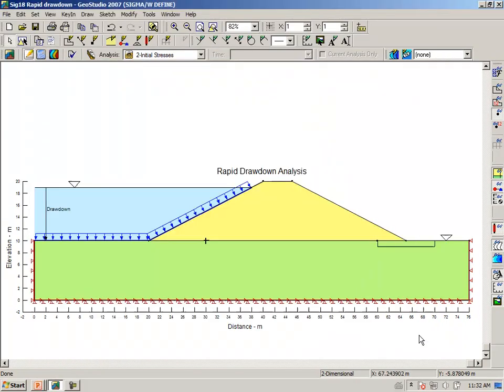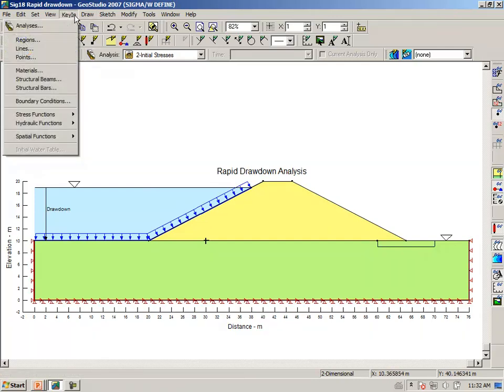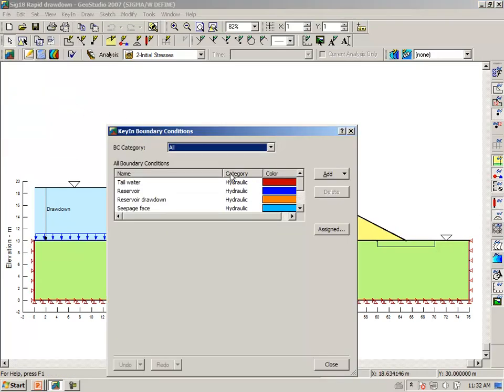There's one important point about this particular case that we have not encountered before, and that is in the in situ analysis we have to account for the weight of the reservoir water with a boundary condition. So you can see that we have a boundary condition here, the dark blue arrows. This boundary condition, key in boundary conditions,